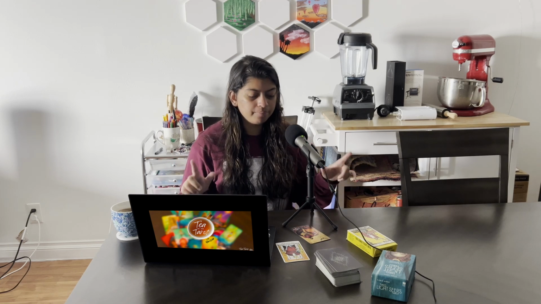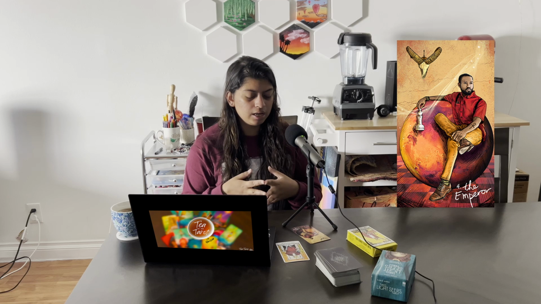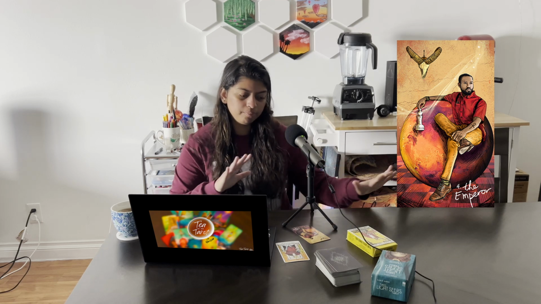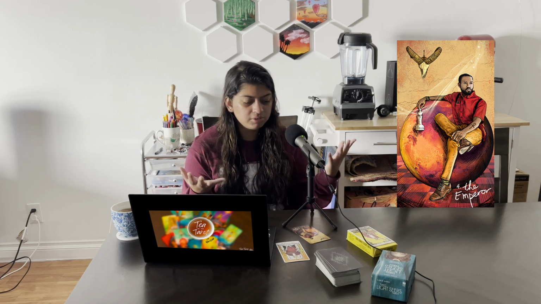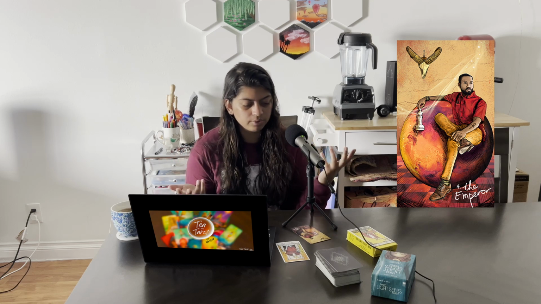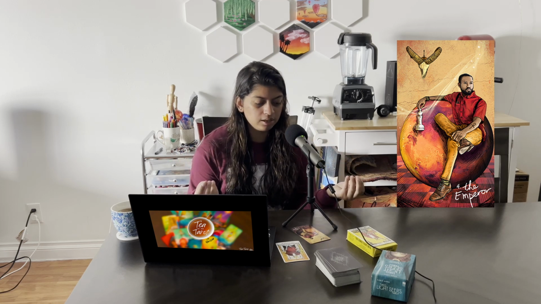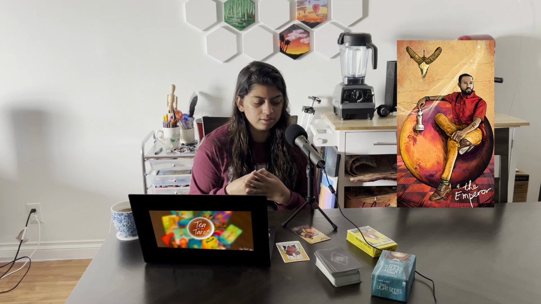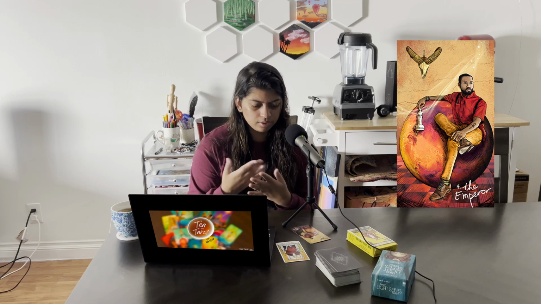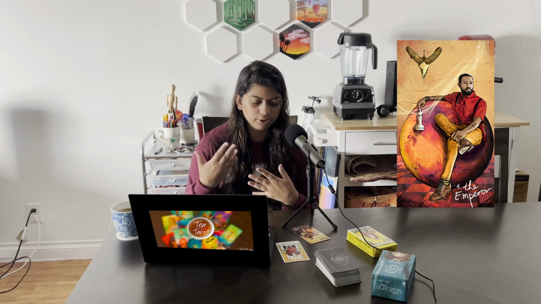So looking at my cards in front of me, in the Light Seers deck, there is a man sitting on a red sphere, kind of leaning on it. It definitely looks like Mars, which, as noted before, is a reference to the god of war. He is holding a chess piece. It is the white player king. Pretty symbolic of a king and emperor being kind of parallel authority figures.